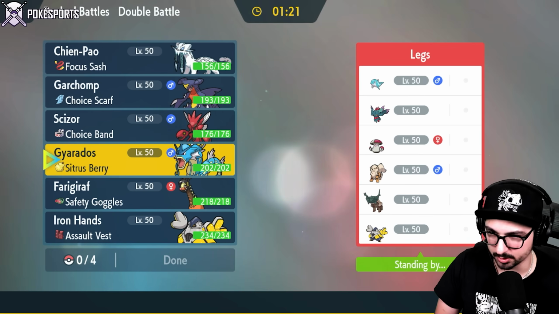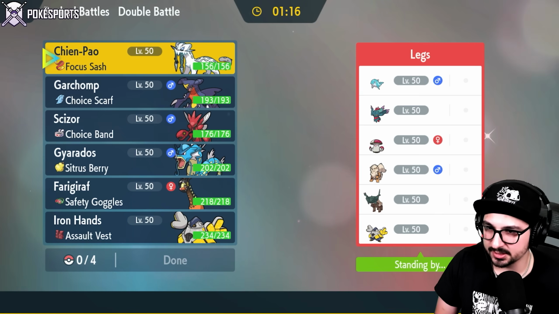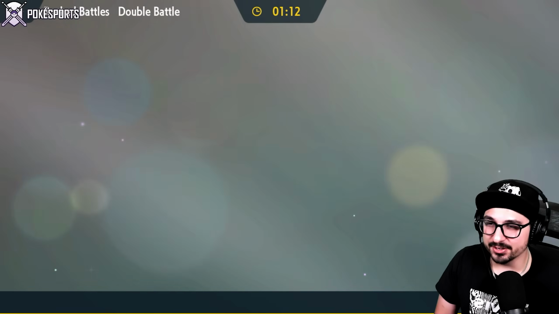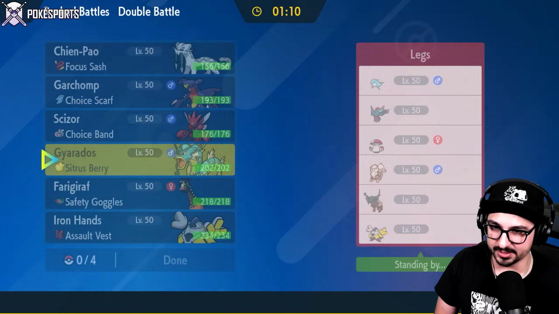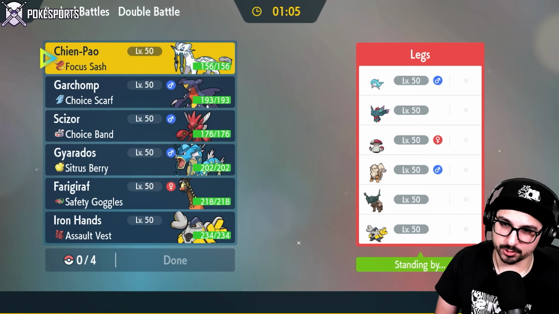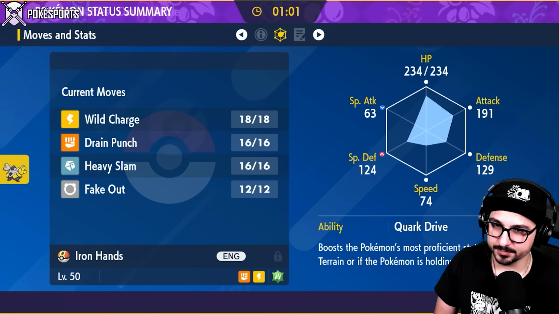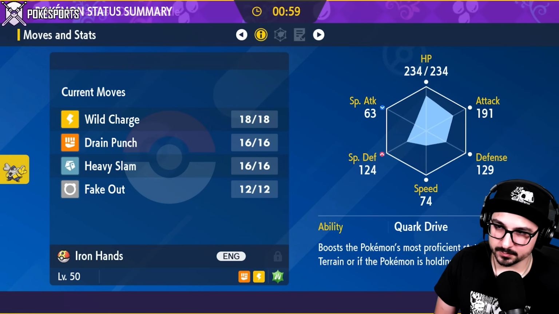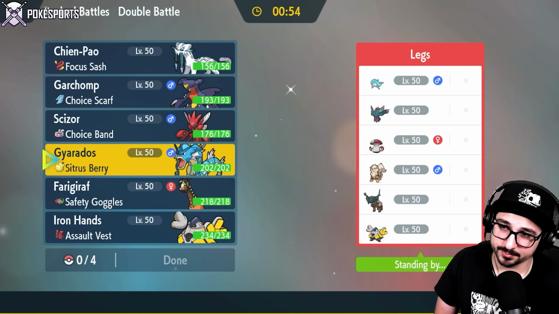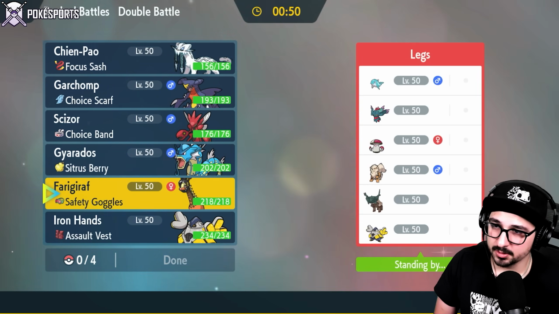We do know Gyarados is good against Palafin. We know Gyarados is good against Ting-Lu. We know Gyarados is good against Arcanine. We know Gyarados sucks against Iron Hands, but Gyarados is still good against the majority of that team, right? So we could take advantage of that. I'm not too keen on the Intimidates on their side of the field. I do have Heavy Slam here on my Iron Hands. Hold up. It might be a time for Iron Hands in today's battle,